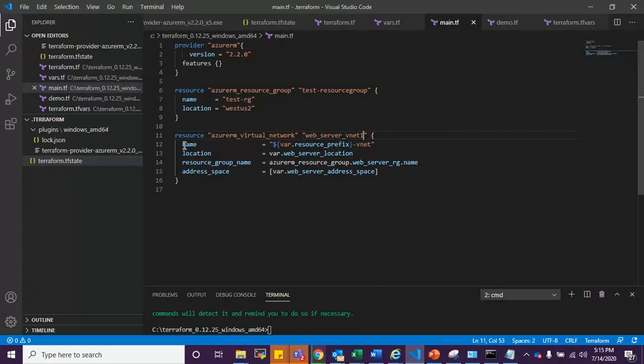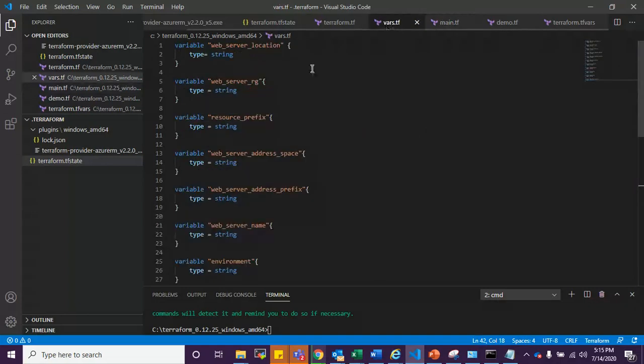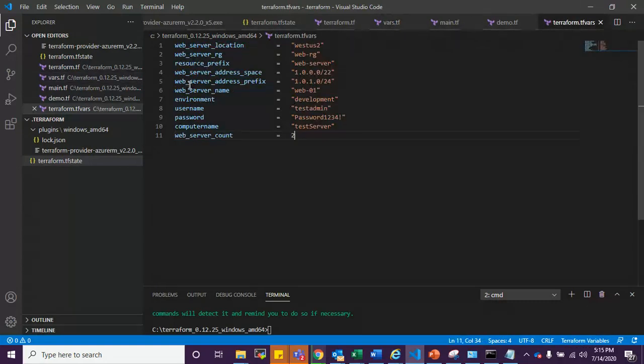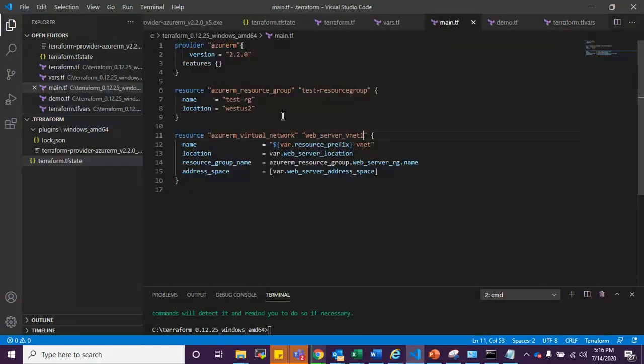For the name of the virtual network, I have defined a variable in vars.tf called resource_prefix, and the value is web server. So in main.tf, let's give it a name over here as vnet1.